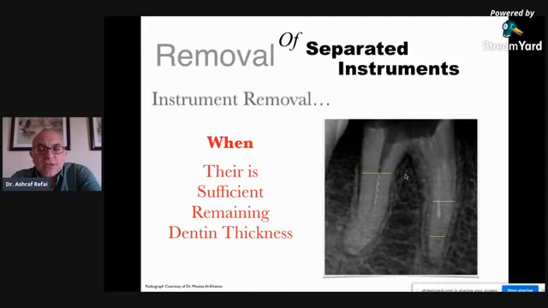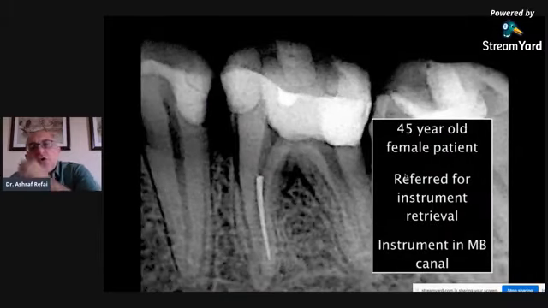I've seen some instances where dentists have applied the instrument removal technique directly over the fractured instrument segment, and this doesn't make any sense, because if you apply the instrument removal system on top of the instrument segment, there will be no way for the instrument to come out. So any application needs to be lateral to the instrument and not coronal to it. And you can see, depending on the level of the instrument fracture, the amount of remaining dentine thickness differs. Now, I'm going to show you a case here that I did maybe 2 months ago.